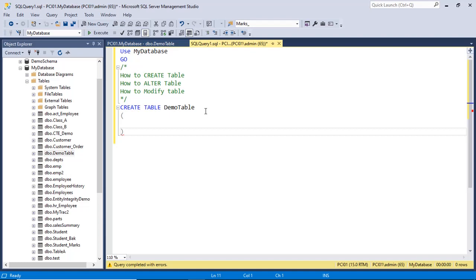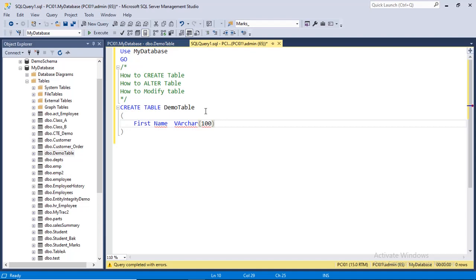Within the body of the table, you have to mention the list of the columns. So first one, say first name, then varchar. Again we have a problem: first name has two words. Rule number two, again the naming convention, for the columns.